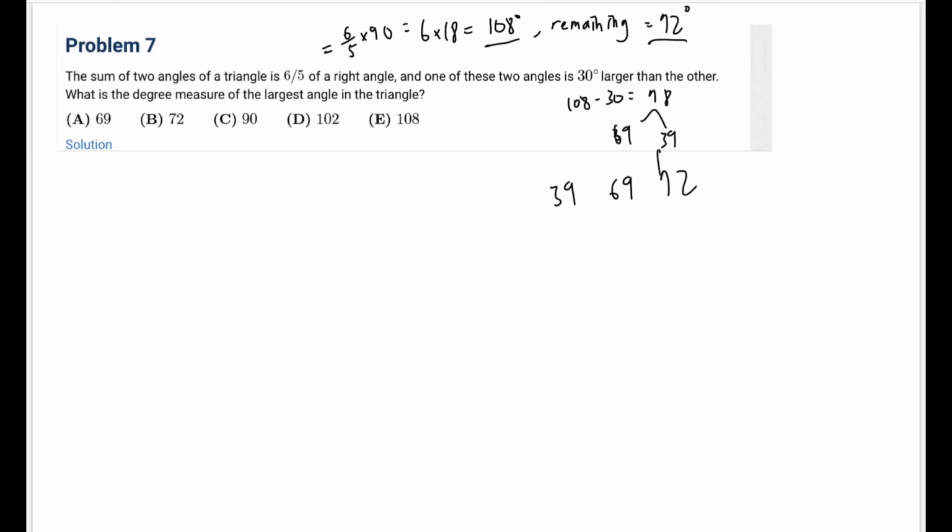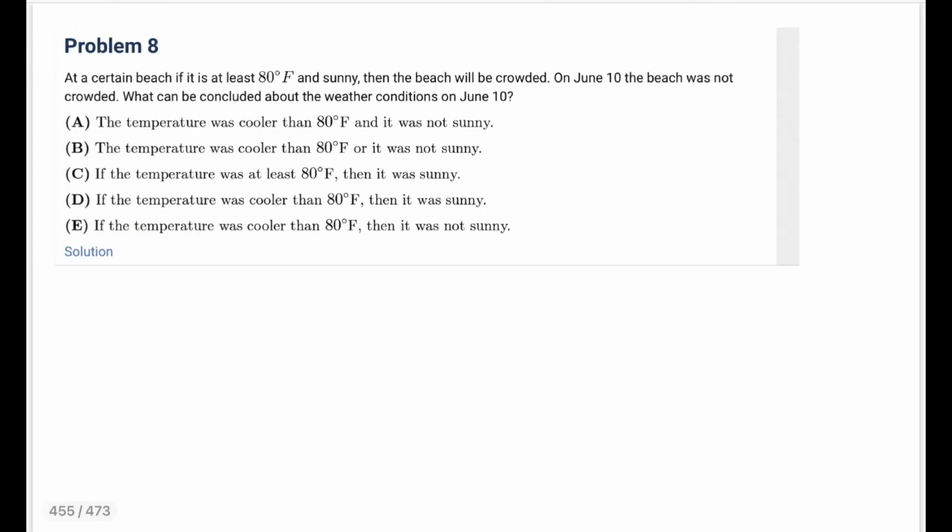What's the degree measure of the largest angle? It's this. The answer is 72. It's B. Number 8, at a certain beach, if it is at least 80 degrees Fahrenheit and sunny, then the